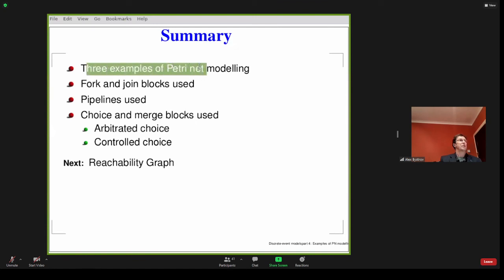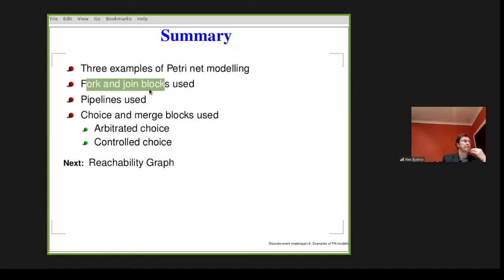So 3 examples were considered. The last one you are doing, right? The first 2, please review and solve again, just to refresh in memory how it was done. Please do not copy from what I said because it makes no sense. And the 3 examples are about fork and join. Actually, what was used in those examples?